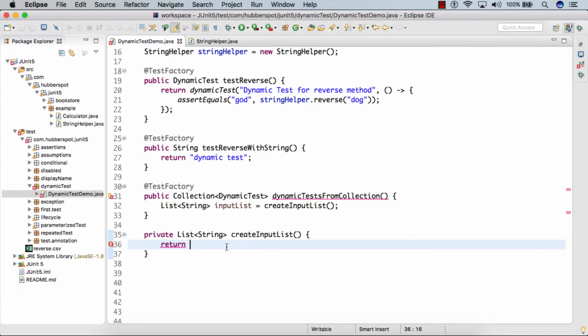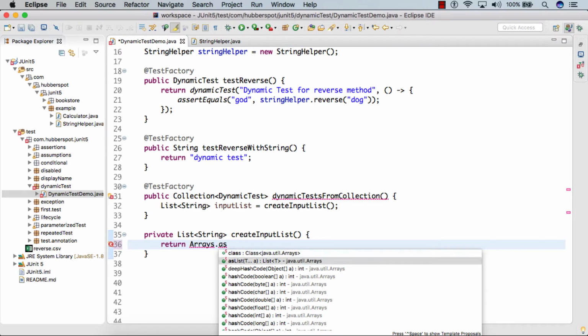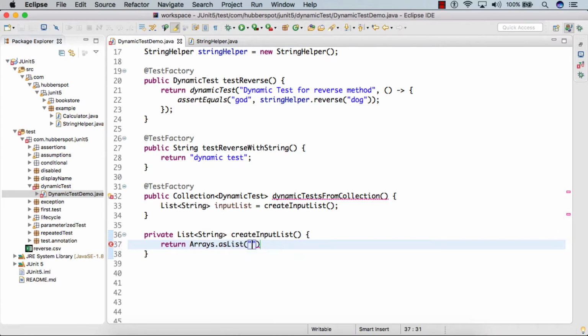And here we simply return a simple list of strings. Let's say we are returning three strings: race, mom and dad.